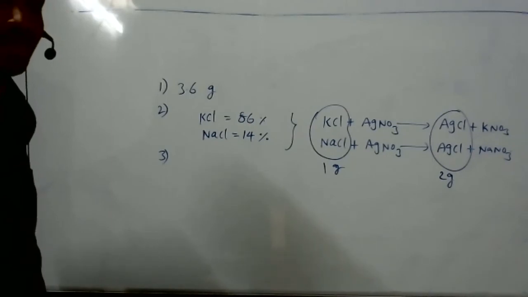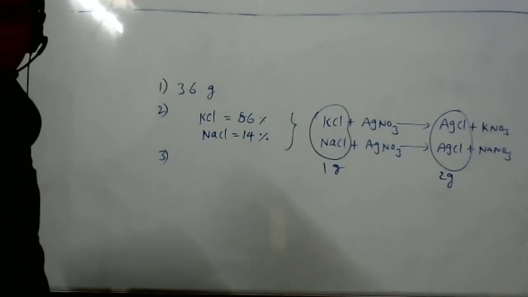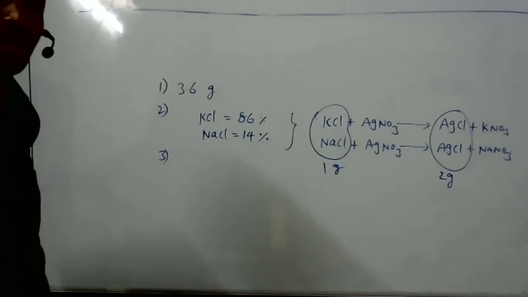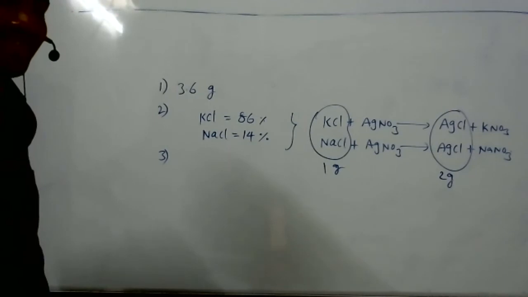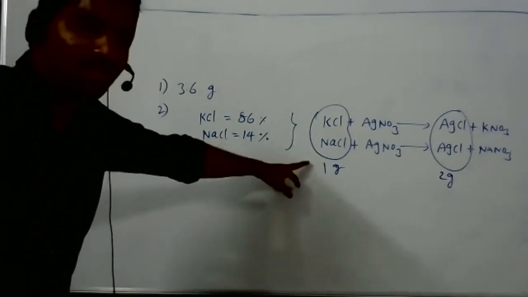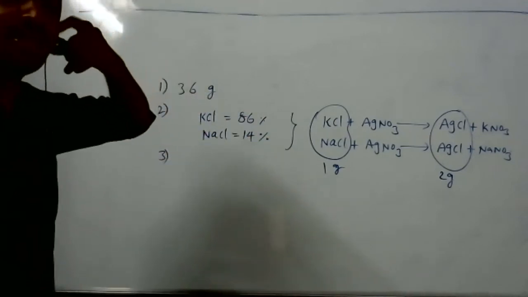So the second question, no one got the correct answer, right? Yes, sir, I will explain. Nagamurthy, tell me. Sir, I read this question wrong. I tried to solve it, but when I calculated the mass of the mixture, it was 0.926 grams, not equal to 1 gram. Here, this is the given mass. The given mass is 1 gram. KCl and NaCl together mass is 1 gram.